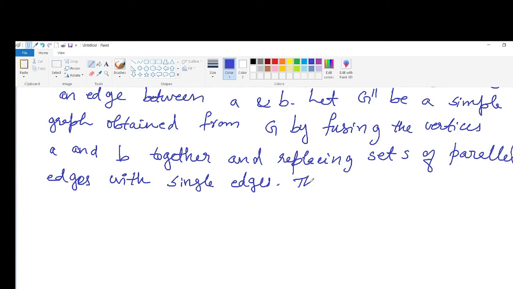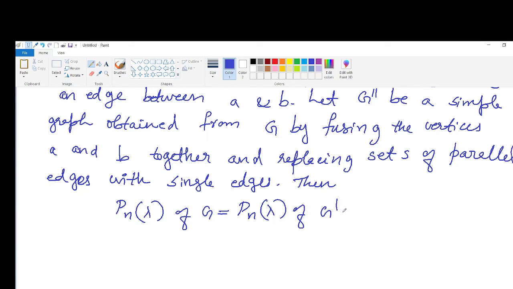Then Pn of lambda of graph G is the same as Pn of lambda of G dash plus Pn minus 1 lambda